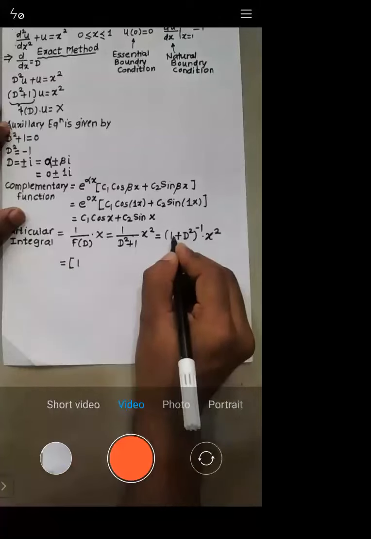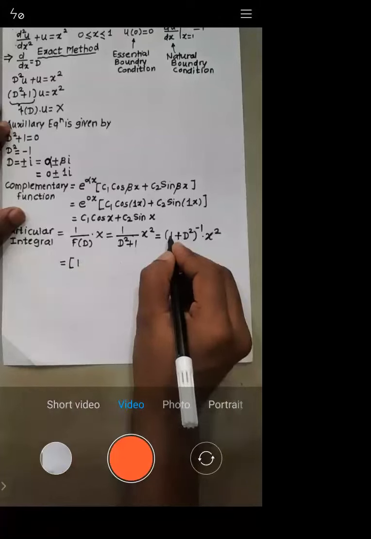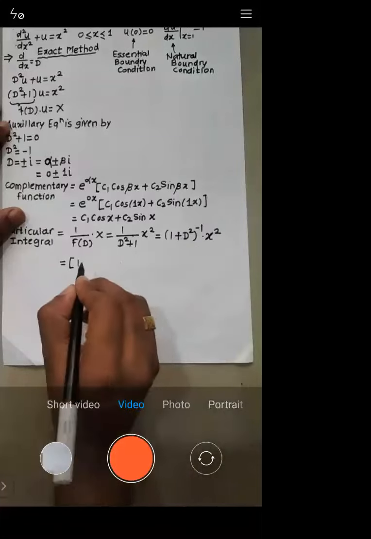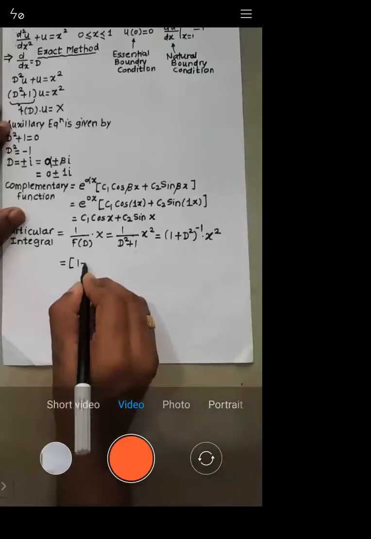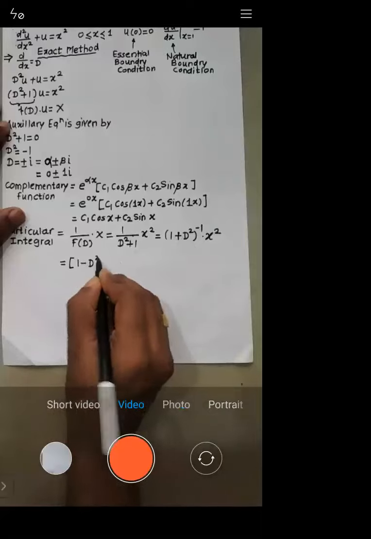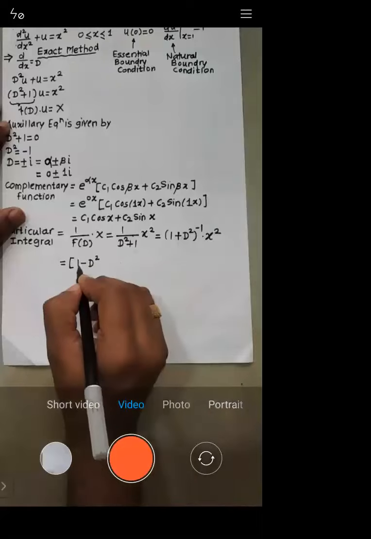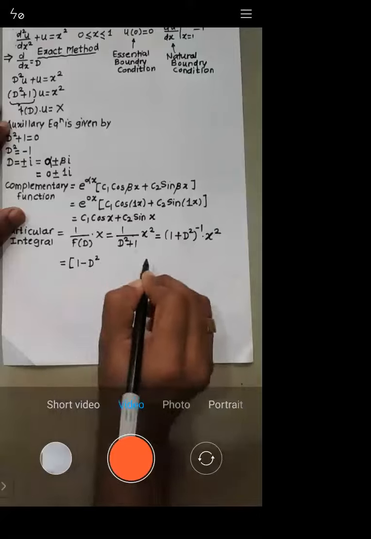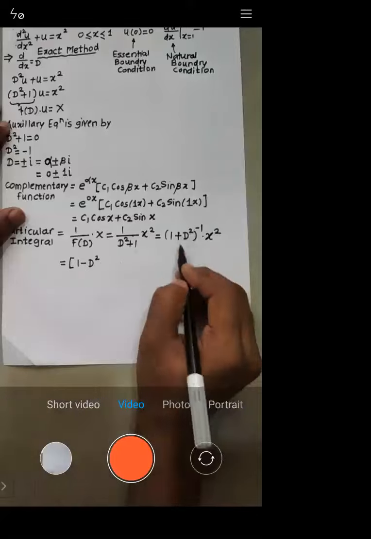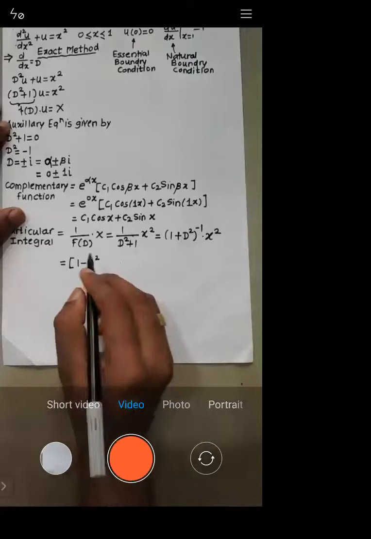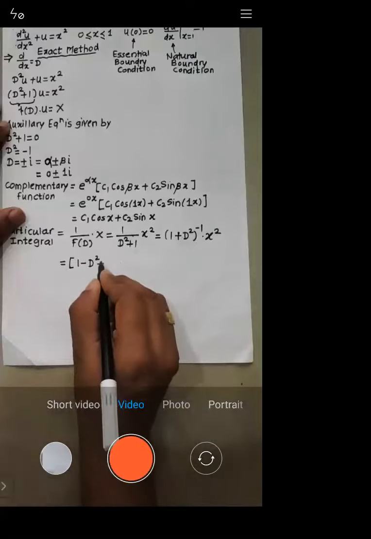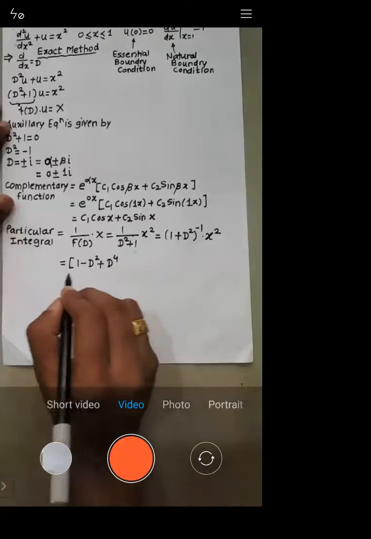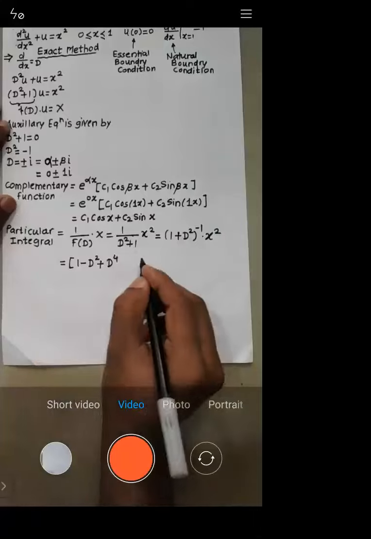Okay, 1 as it is. When you have a plus sign here, you will get alternate minus plus minus plus signs. So the first sign is minus, this term as it is, then the second sign is plus. This square is D raised to power 4. Okay, I will not go beyond that.